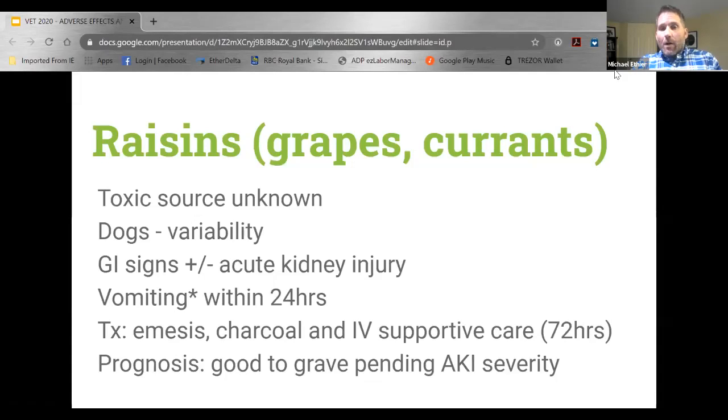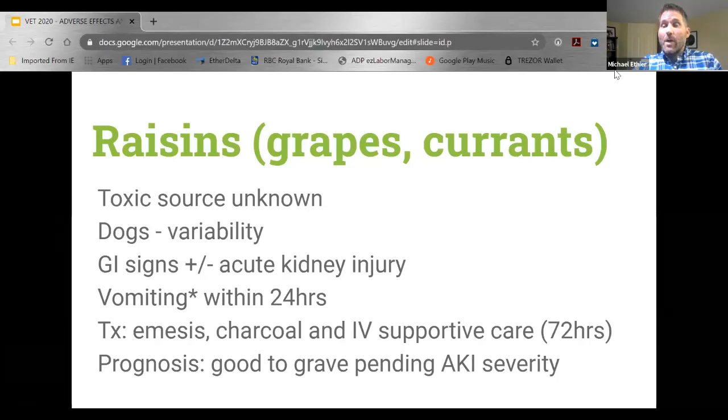Another group that's involved in the baking with cannabis products are raisins. Again, you can see grapes and currants causing clinical symptoms. We just tend not to see them as commonly used in cooking, although again, I think with recipes becoming the norm these days, we may get them as well. The toxic source is unknown, and it seems to really only be affecting dogs and not cats,